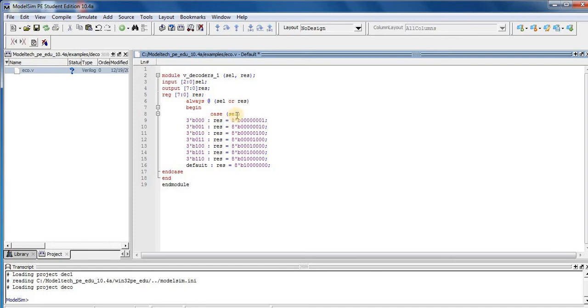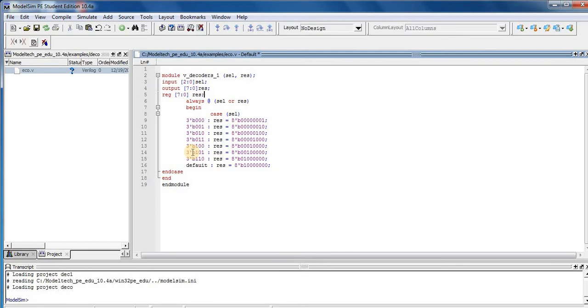In the second case, if SEL is 001, then the output of our decoder is 00000010. In the third input combination 010, the output combination is 00000100. In the fourth case our input combination is 011 and the output combination is 00001000. In the fifth combination, 100 of SEL, the output RES is equal to 00010000.